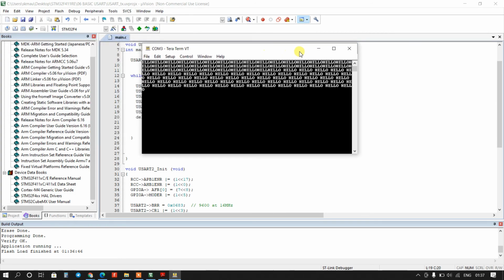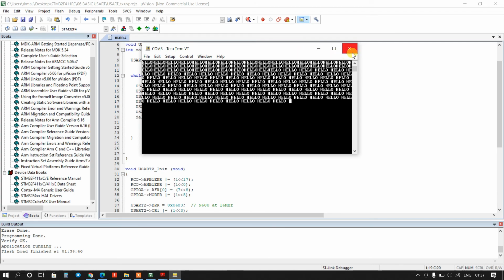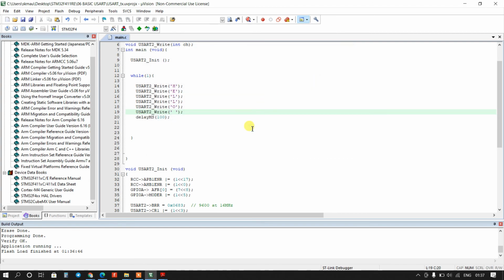Wow. I will close this. So keep in mind, you do not need to use an external TTL to USB converter, because I am using a Nucleo board here. It has an inbuilt TTL to USB converter. Okay,